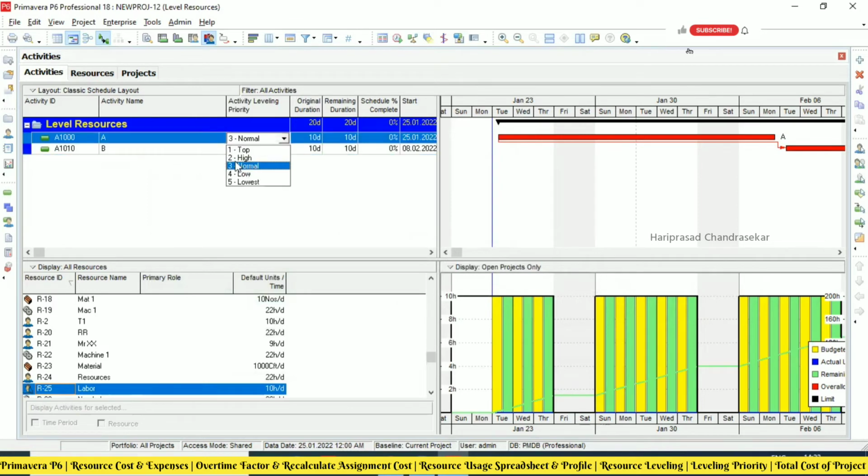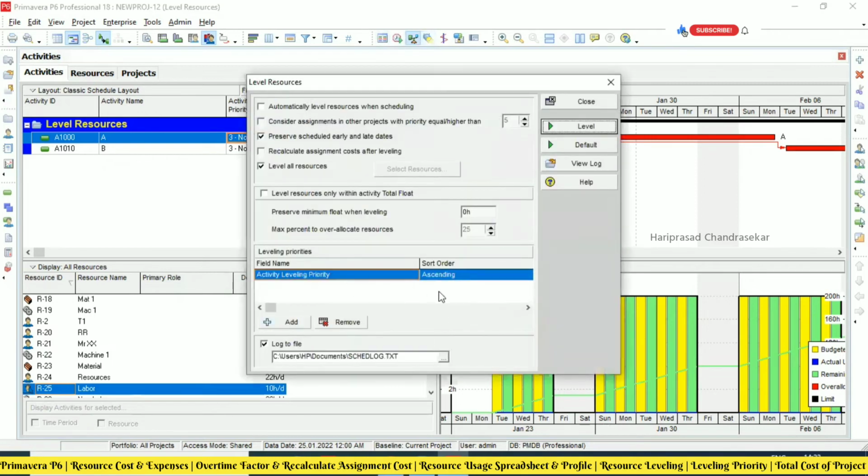See, we have 1 until 5. So based on the priority, we will get the resource leveling. By default, everything will be normal. If you want to put high priority, first preference will be given to that activity. Okay. This is what activity leveling priority is. That's what we have here. Apart from that, we can also add project leveling priorities. And if you have multiple projects, then we can add so many things here.